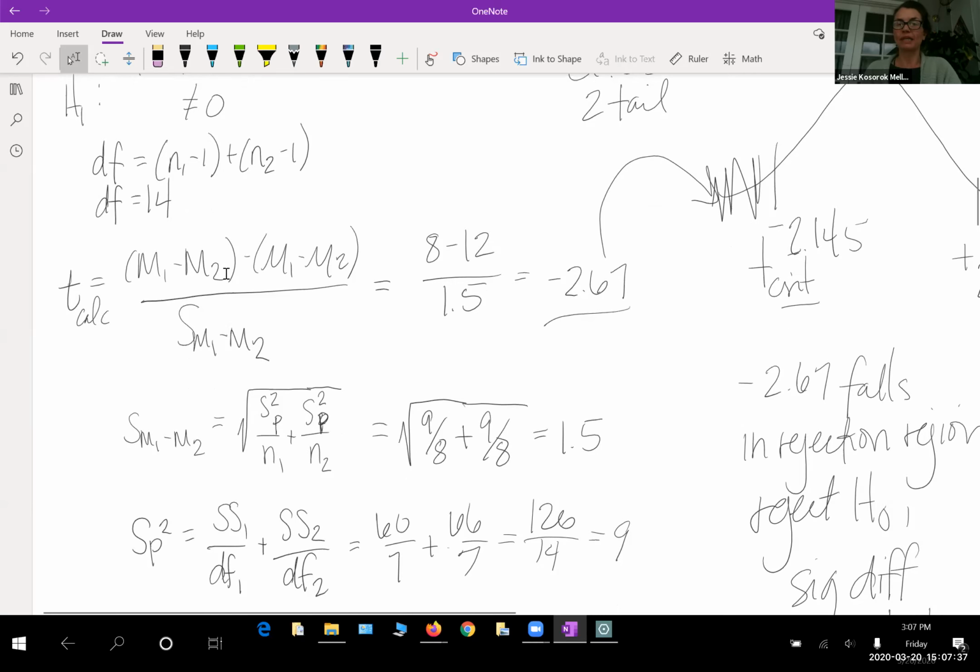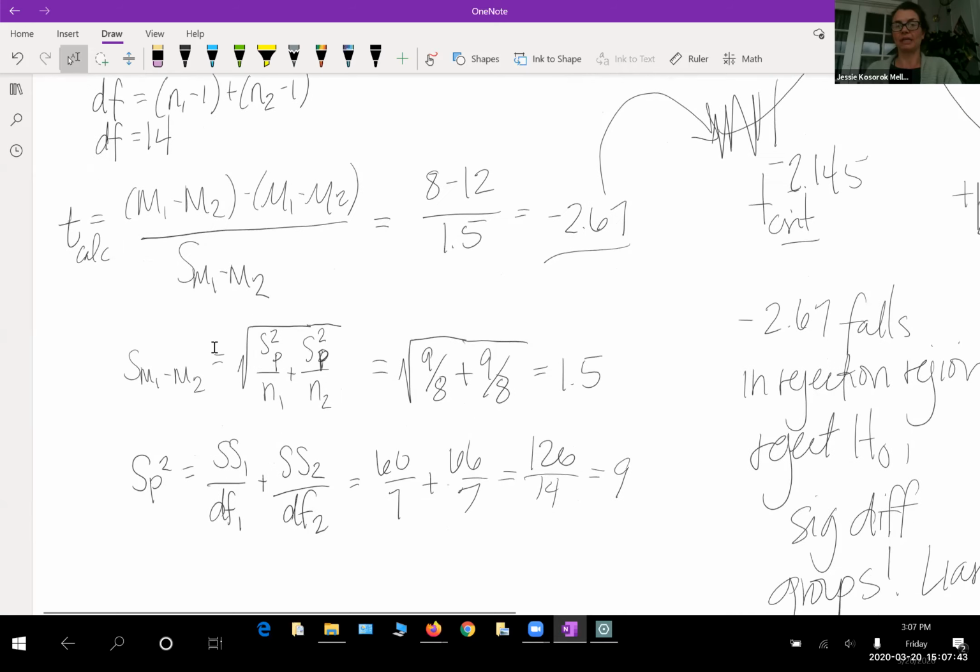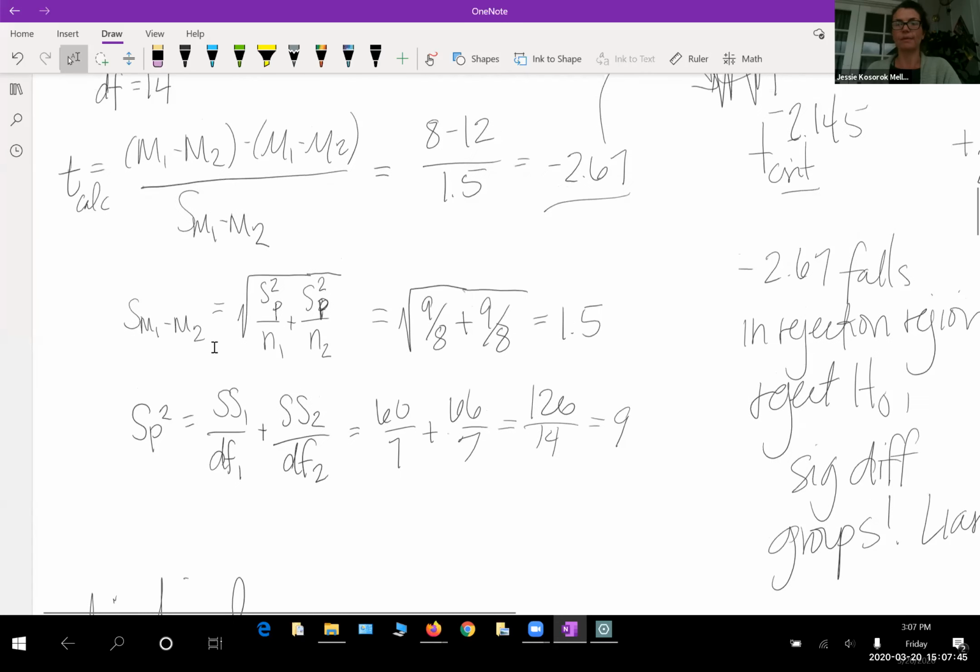So now we know that we have to actually calculate and find our t critical. So we have to take our mean 1 minus mean 2, and we calculated that as 8 and 12. And we need to calculate the standard error of the mean. Well, how on earth do you do that? Here you go. You kind of have to go backwards, right? Your standard error of the mean differences includes your pooled standard deviation over your sample, and you take that square root. Well, how do I get my pooled standard deviation? Well, your pooled